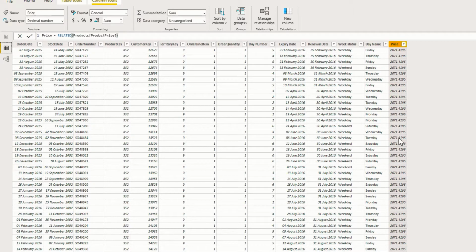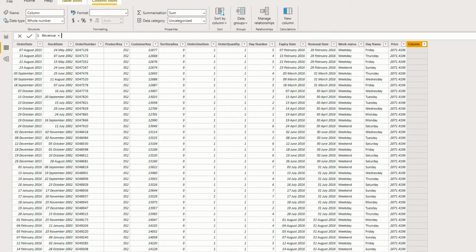Now that we have calculated the price, next let us calculate the revenue for each order item. So I'll again add a calculated column, and I'll name this revenue.